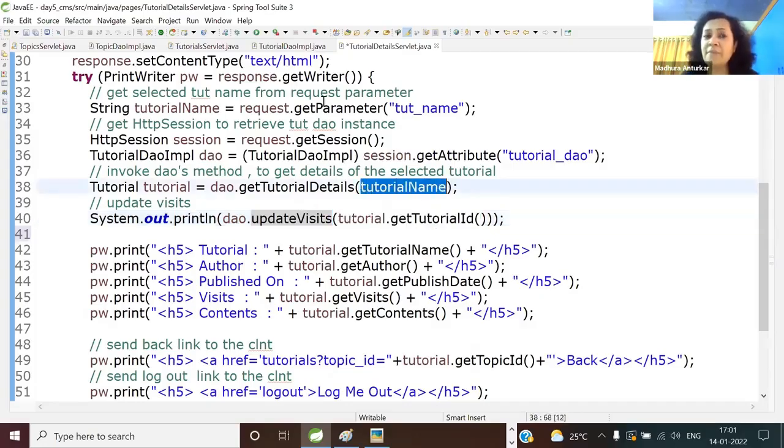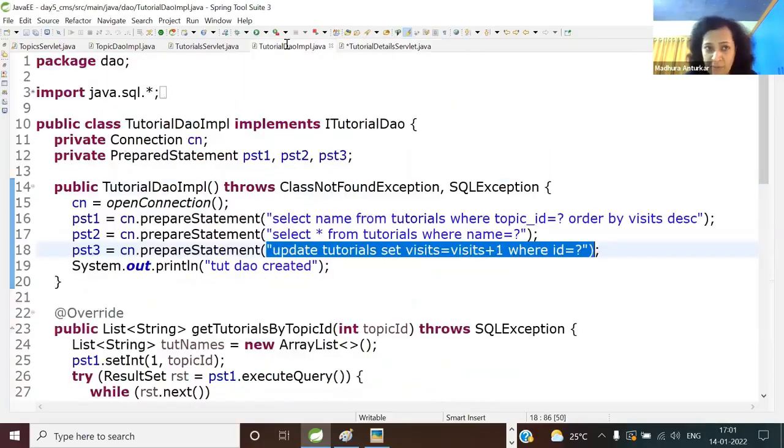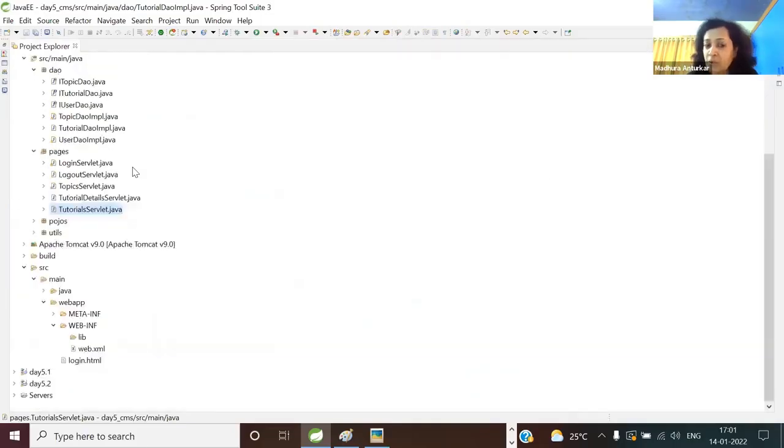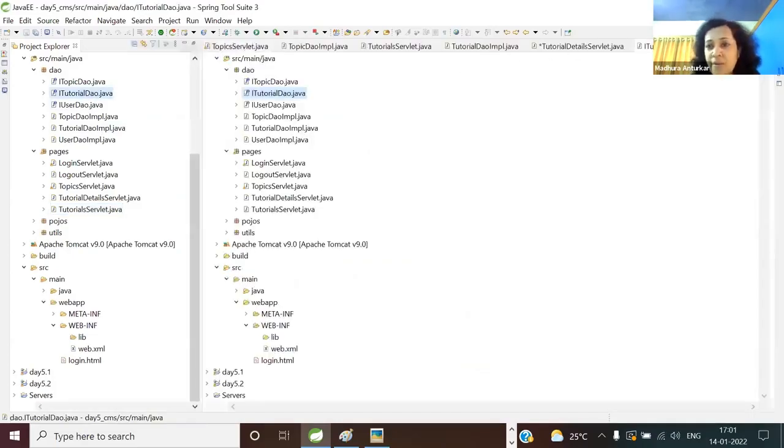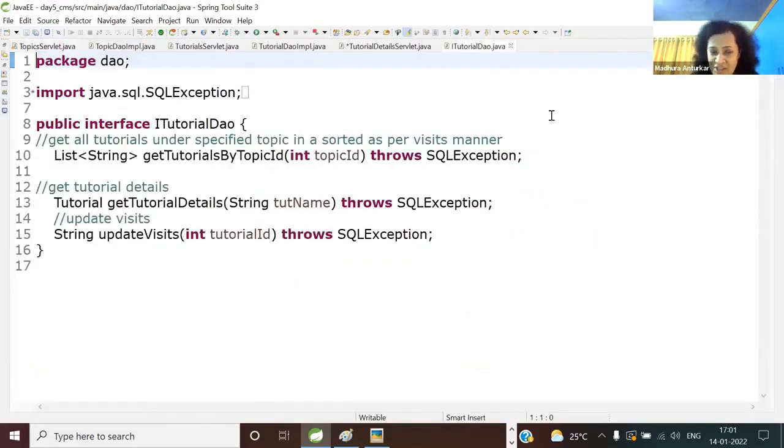You have got a tutorial name. So what will be a clear-cut solution? One of the things which I could think of would have been to slightly modify the DAO. That is my suggestion. You can, of course, debate. You can do it the way you like. So where are we? Tutorial DAO. So if I slightly change